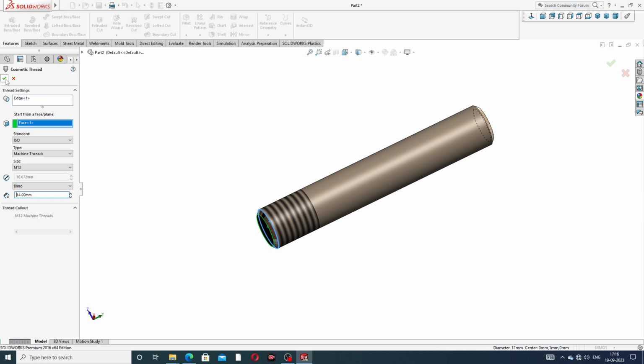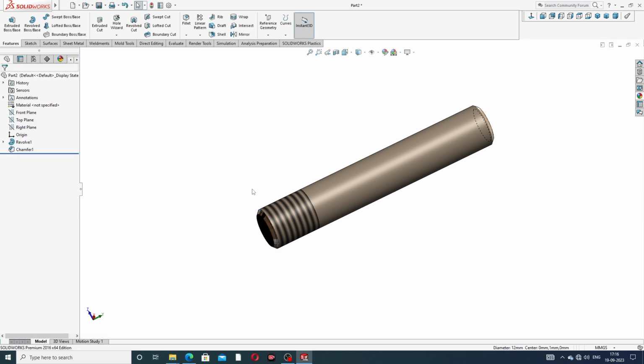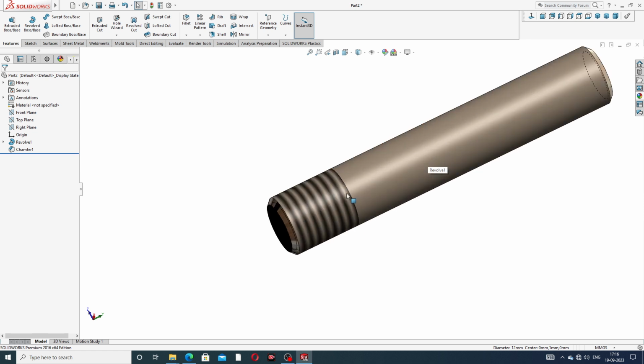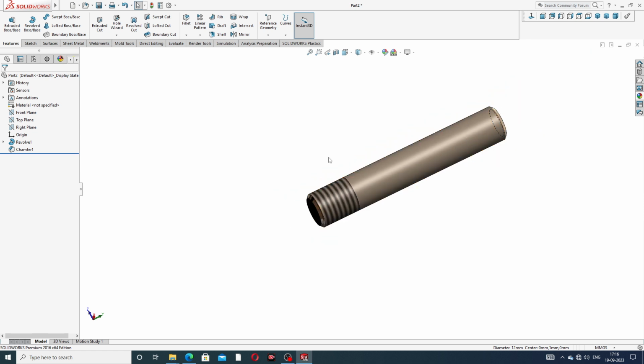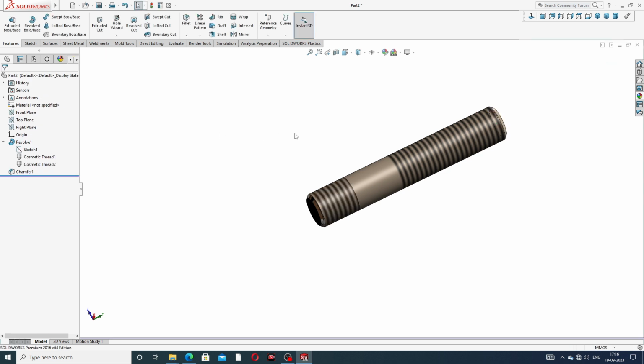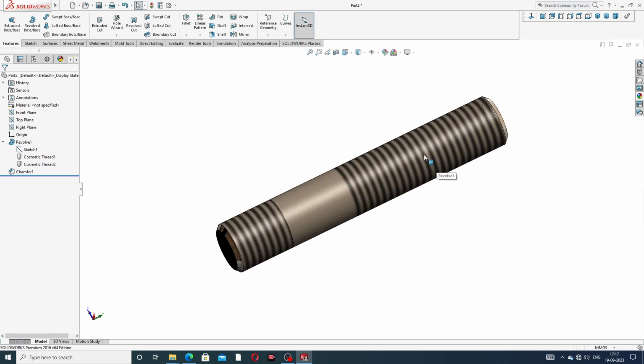Okay, this is perfect and OK, but this is showing here, but this is not showing here, and again go to this cosmetic thread, first edit feature, and click OK, then both are showing here easily and clearly.